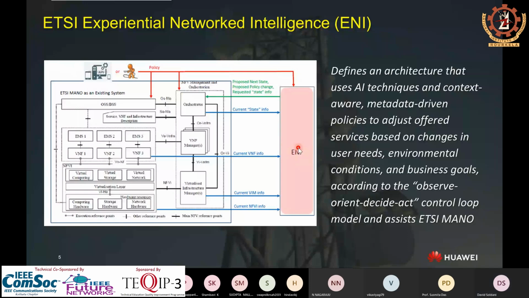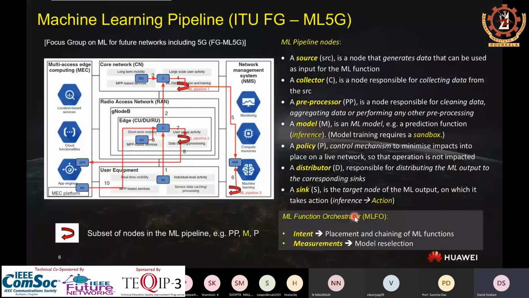Now, if you look at another important initiative within the ITU and the corresponding standards they have created, since 2018 they have set up a focus group on machine learning for future networks, and that included 5G. So this work was really to define an overall end-to-end architecture and to provide requirements, so as to liaise with the 3GPP and the corresponding organization in the hope those requirements, this architecture, this new functionality are then adopted by the